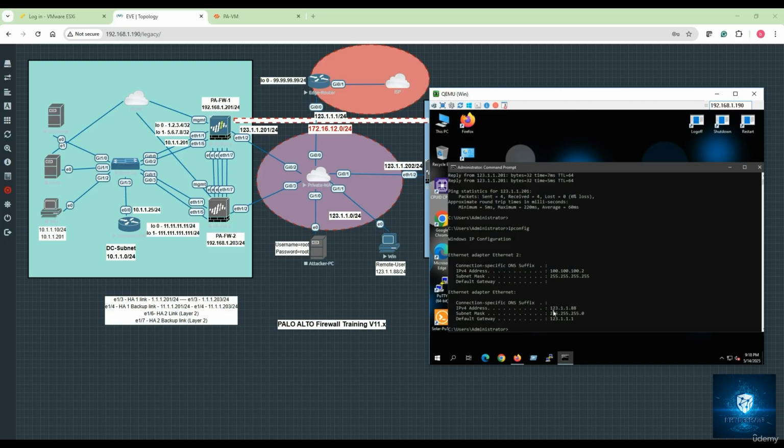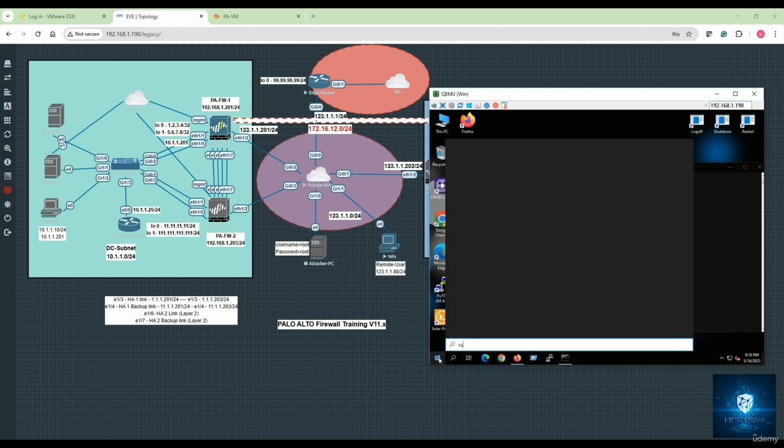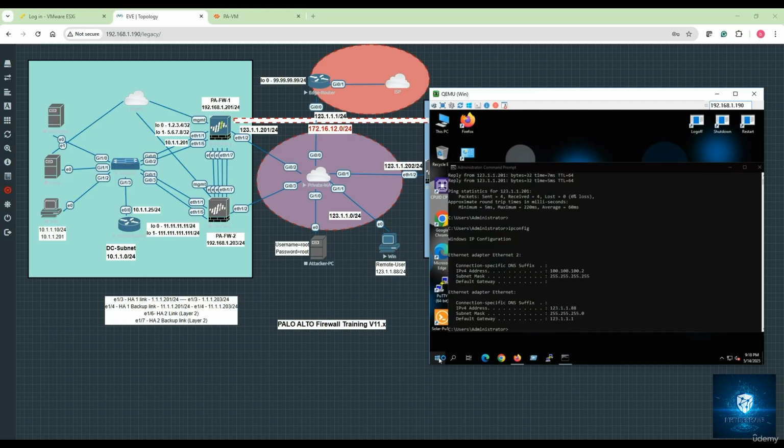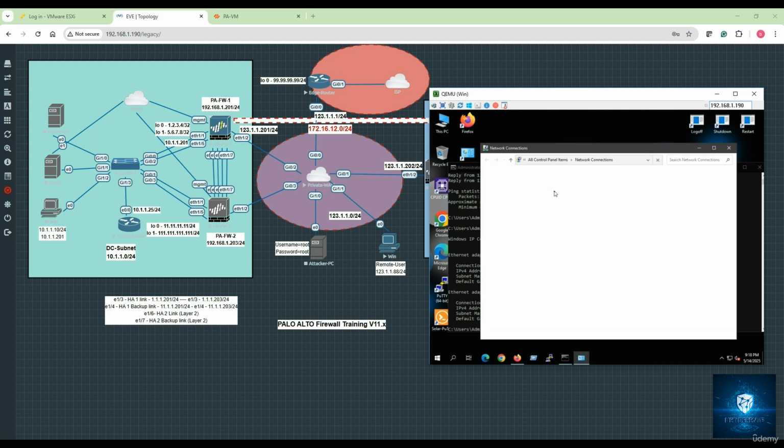The Ethernet 1 adapter, which had the IP address on the public segment, and this is the second adapter which got created because of the tunnel interface, right? If you look for the run prompt and go to the network adapter, I just hit the ncpa.cpl command in the run prompt, and I can check that I have this GlobalProtect based virtual Ethernet adapter that has been given to me, whose IP address is right here